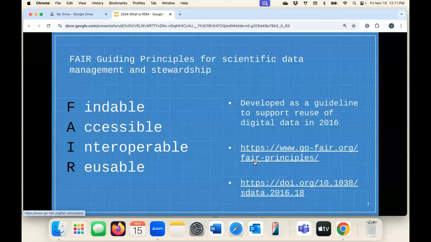So findable, this is probably the simpler of the four. Making your data possible to find, basically making it searchable. We talk about metadata, data about data, things like a title, an author, a publisher, a year, all of those kinds of things. Housing your material in a repository that gets crawled by Google or something like that. Using persistent identifiers like DOIs, digital object identifiers, which you'll often see for journal articles if you're reading those for school.